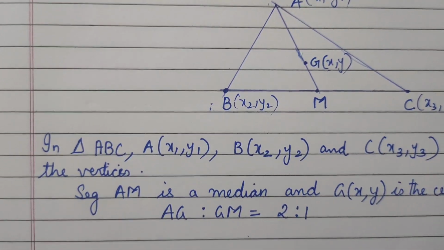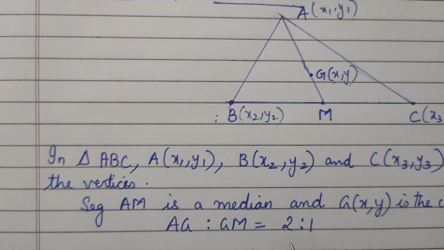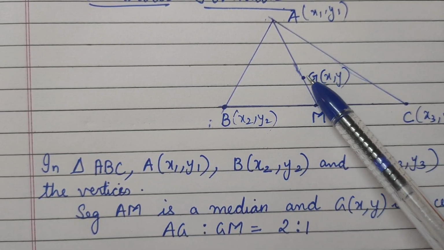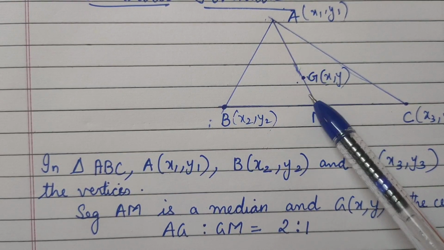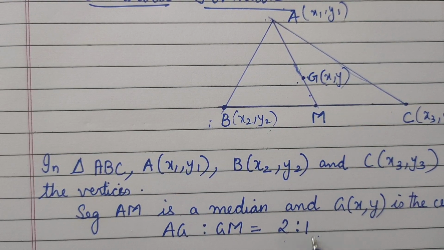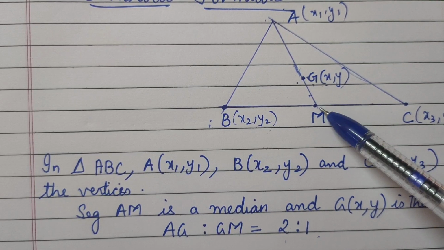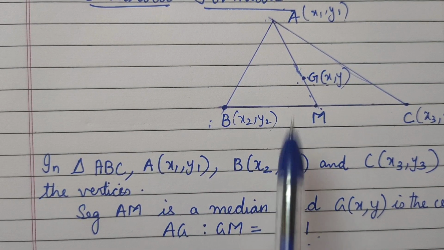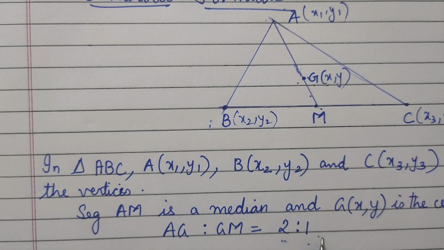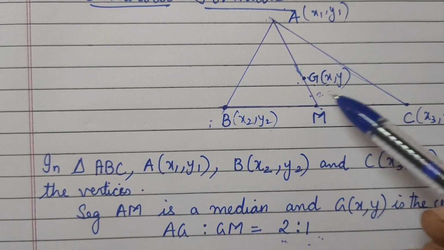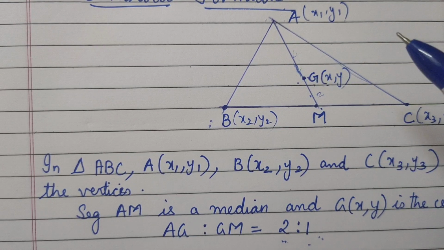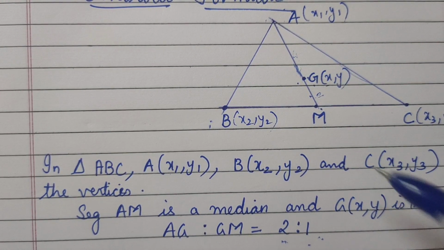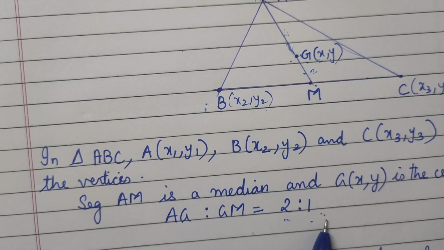Now you remember, dear, we have learnt in the previous classes that this centroid G divides the median in the ratio of 2:1. That is, AG upon GM equals 2/1, or we can write AG is to GM is 2:1. That means if this is 2, this will be 4. Okay, that is what 2:1 forms here. So this is a standard rule.